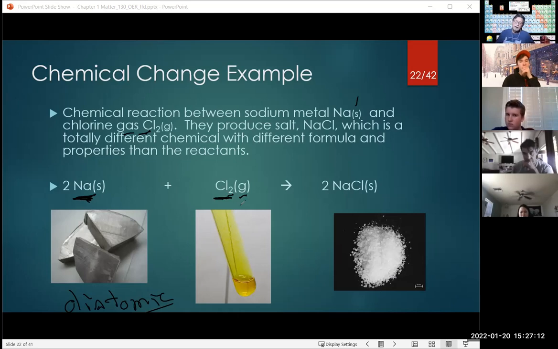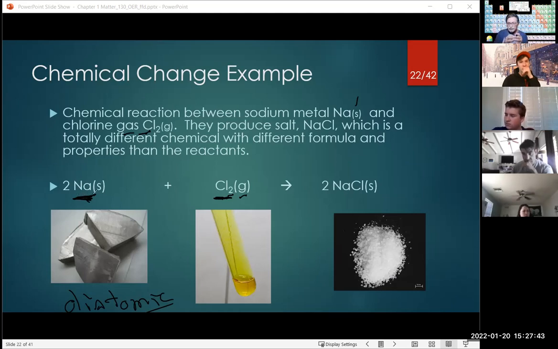But if you take sodium metal and react it in the presence of chlorine gas, which is a poison. In fact, if you live near a municipality with a water treatment plant, some places use chlorine gas to treat the water and get rid of bacteria. If you ever see a cloud of yellowish-greenish gas coming at you, get out of the way, because they've got a chlorine gas leak. This chlorine gas by itself would just destroy the inside of your lungs. So it's a poisonous gas, and sodium is a very reactive metal.